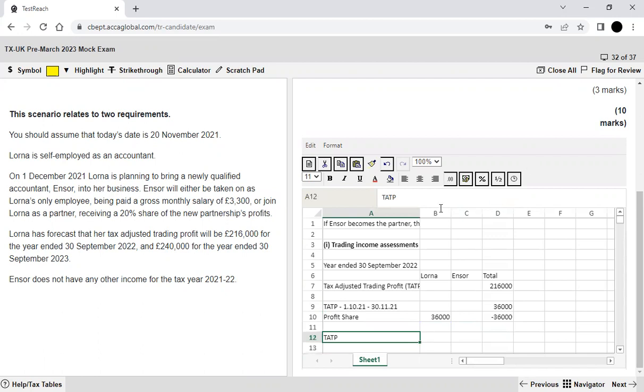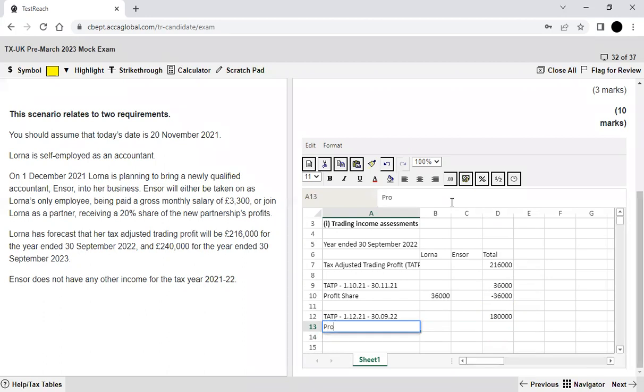Then I'm looking for the tax adjusted trading profit for the period when Ensor was also a partner. So the tax adjusted trading profit for Ensor's time would be 1st December 21 to 30th September 22. For this period, it is 10 months. So 216,000 multiplied by 10 divided by 12. Profit share would be